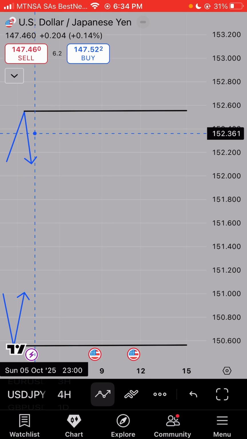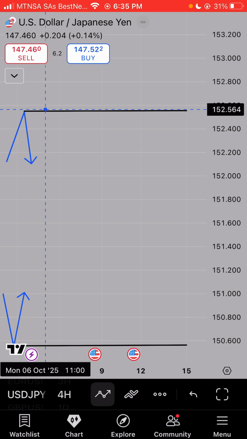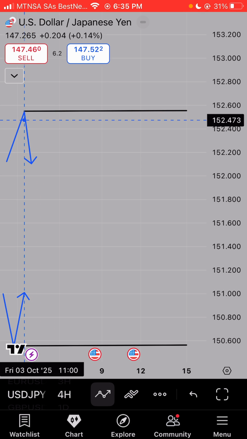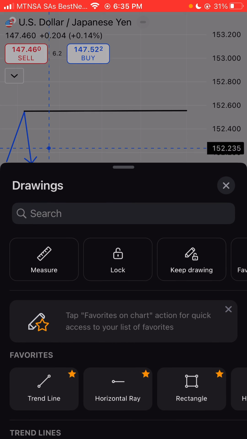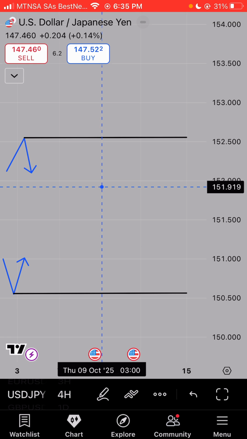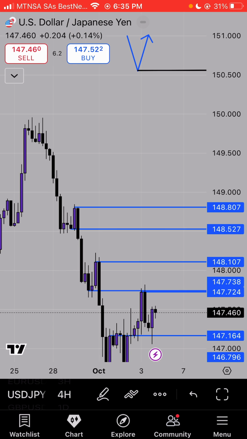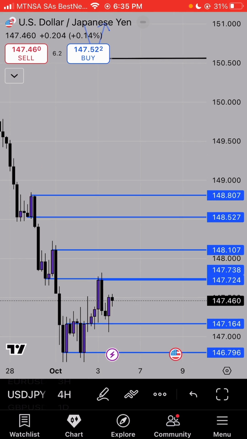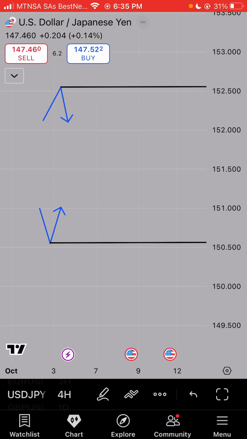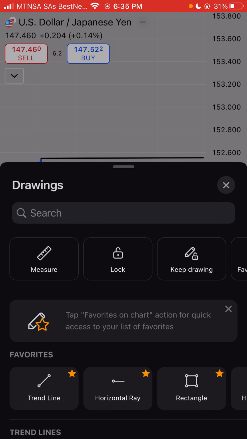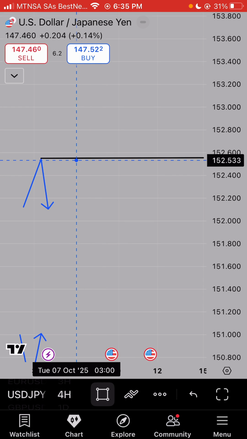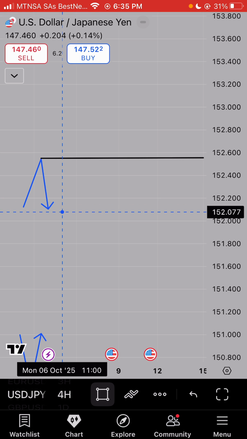If this is your key level, this is the A shape, your A shape key level. If the market comes to your A shape key level and it closes like this,